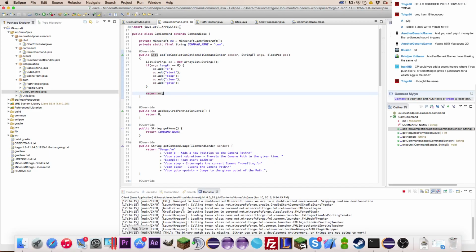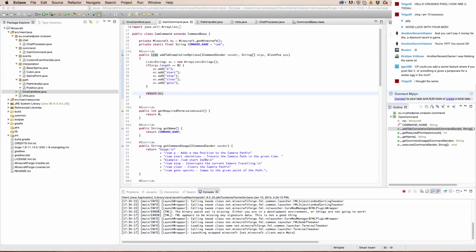Okay, so I'm basically just adding the autocomplete options to